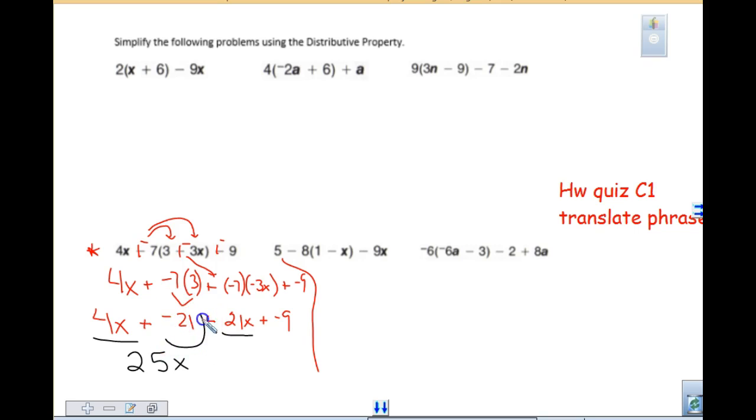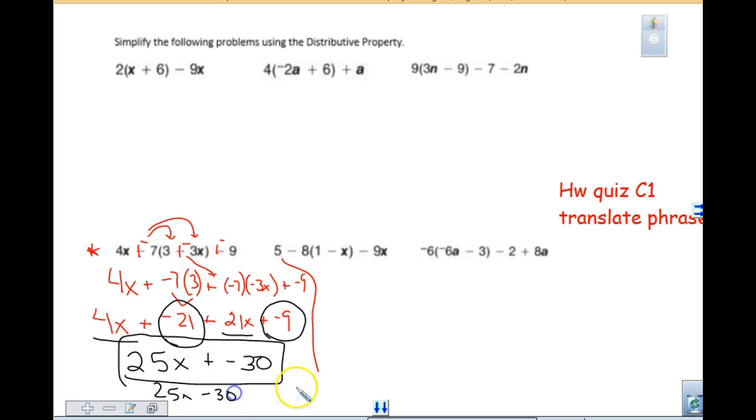Negative 21 plus a negative 9. They're both negatives, plus a negative 30. I would accept this answer. I would also take 25x minus 30. I am going to be handing back